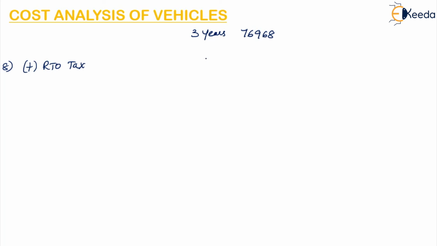Then the next part is the RTO tax. What is the RTO tax? It is 97,458 for this particular car, that is Swift Desire ZXi, plus RTO registration. So all these are fixed charges. So we have already discussed what are fixed charges and what are variable charges. So here registration fees is 2,550 rupees,